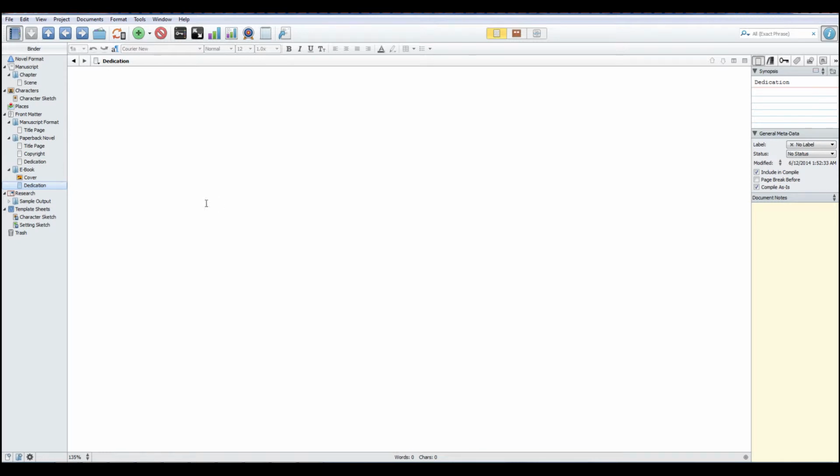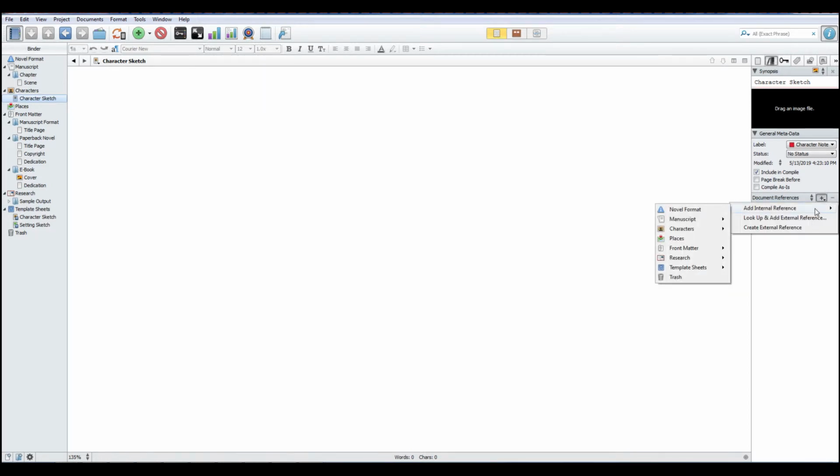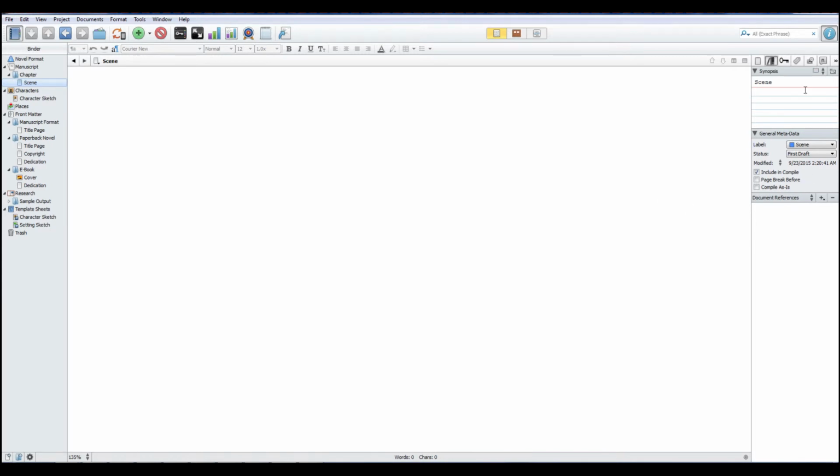One of the nice things about having the novel format, or whatever format you end up using, is that in the inspector you can keep track of everything. So let's say if we go back to the character sketch and I wanted to have my references, I could just put in an internal reference like, let's say, I want the character sketch. I would put that here, and then actually, I wouldn't do that because that would lead me right back to the page. Let's do the manuscript itself. We'll go to the first scene. If I were to have that there, I think if I click on it, I can, well, we're not sure. But if I decide to go into the scene here and I want to check on the tag,